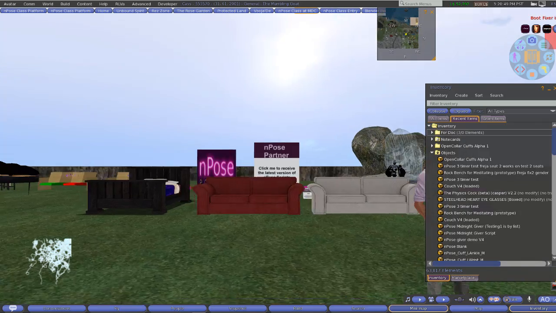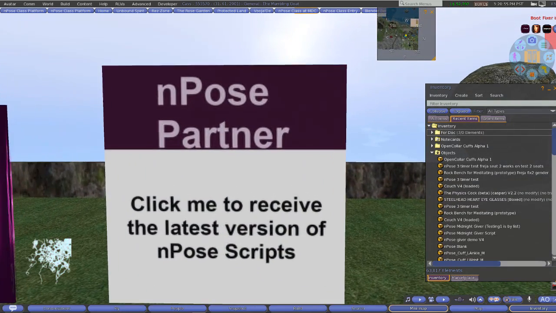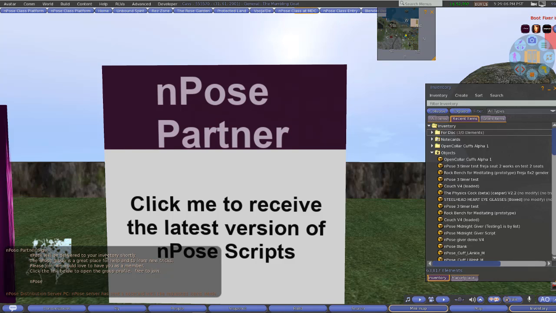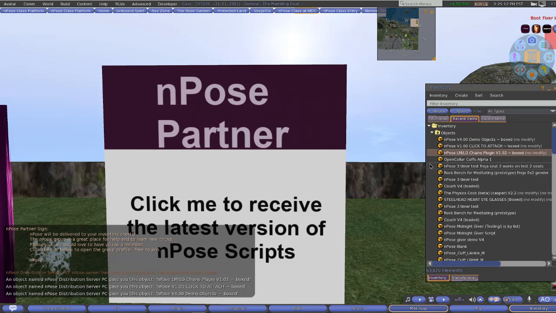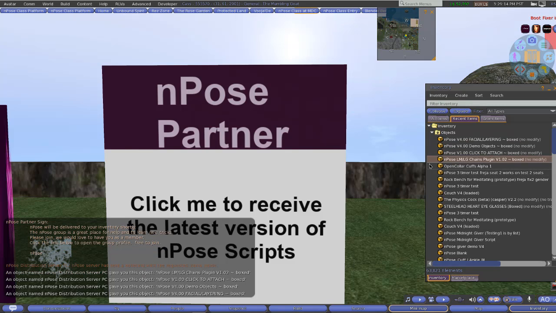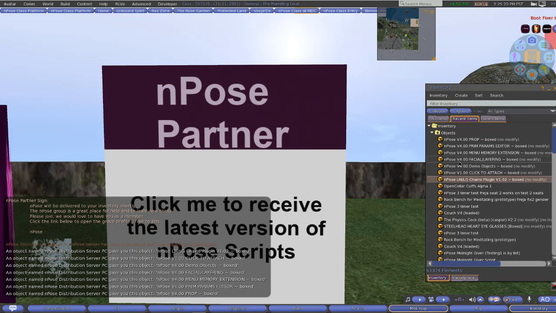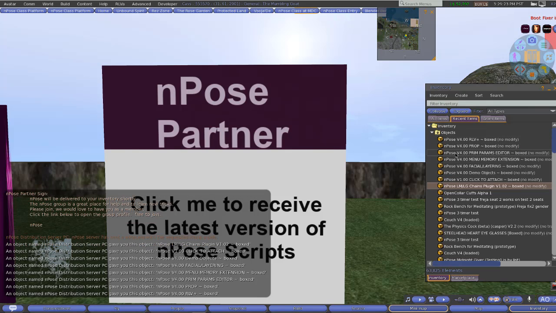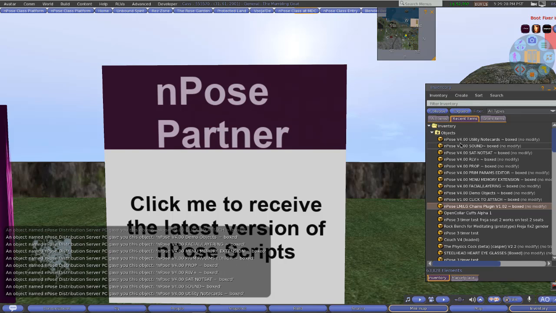And if you look around, this is where we have our classes. And back here at this sign, the nPose partner, it says click me and receive the latest version of nPose scripts. I'm going to go ahead and do that. And you'll notice a little note here, and things start coming into your inventory. There's a whole list of plugins, demos, facial layering plugin, a bunch of things. Prop plugin, ROV plugin, not sat plugin, an awesome sound plugin,